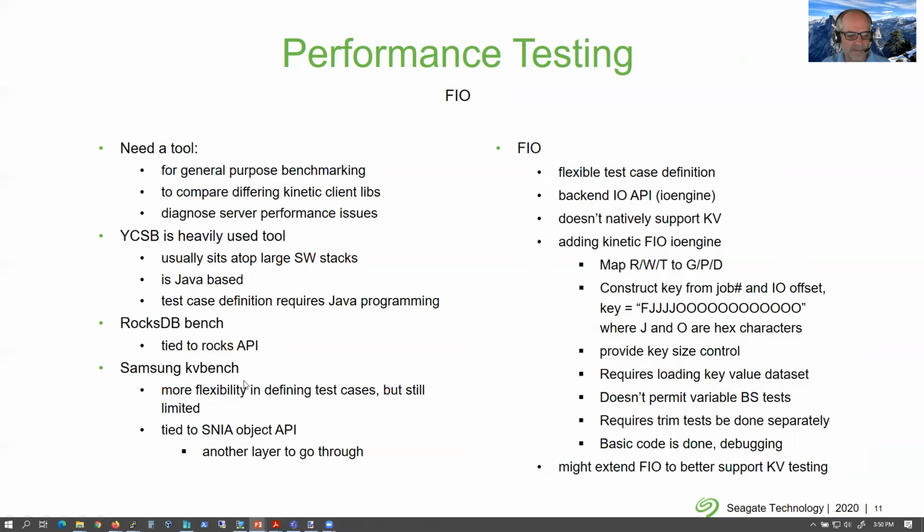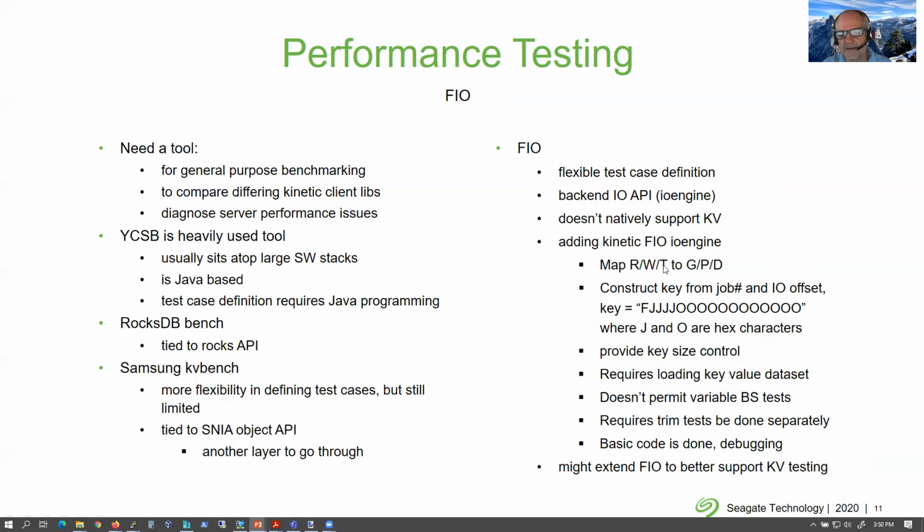Samsung hit the same problem and implemented KV Bench. It definitely has more flexibility in defining test cases, but it's still limited. It also is tied to the SNIA object API, which is another layer to go through, which we'd have to port to our drive. So I've opted to look at FIO and implementing an FIO engine that essentially utilizes the